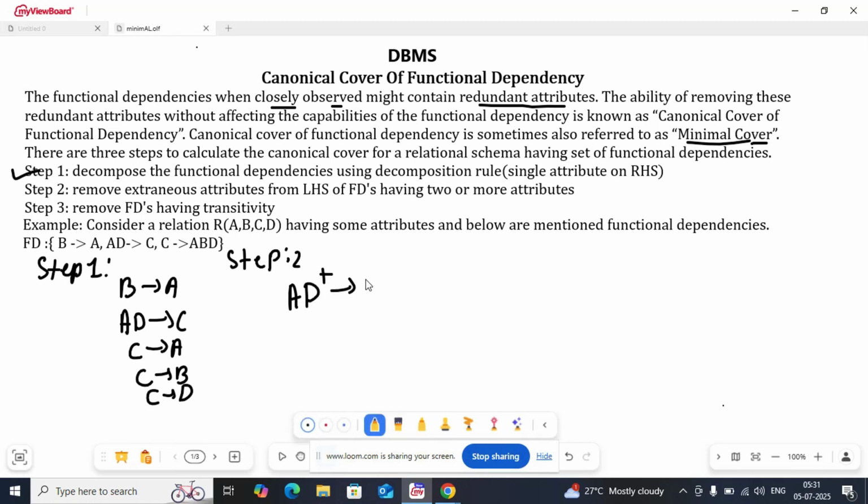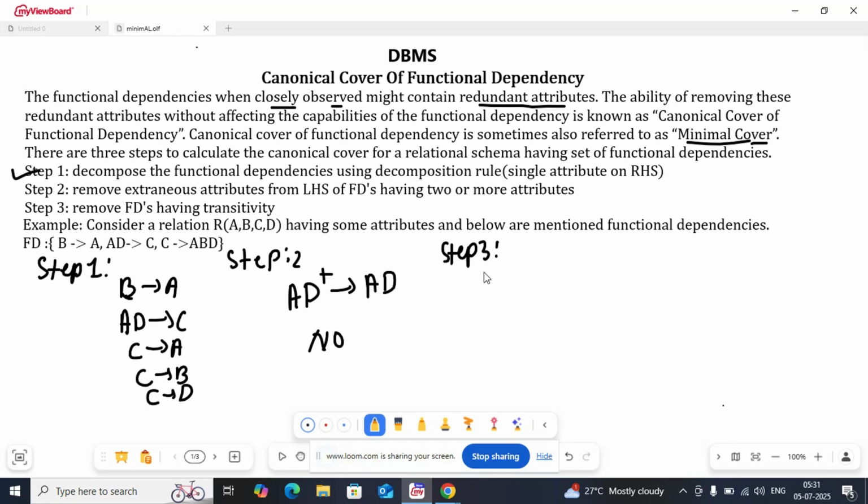The closure of AD is, first of all, AD as per the reflexive property. Other than that, we have B to A, not A to B, so I cannot get this. We will get only AD. So there is no extraneous attribute present in this functional dependency, and the functional dependencies will be the same in step 2 also. Then step 3,